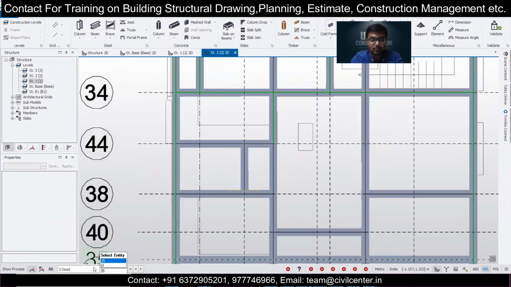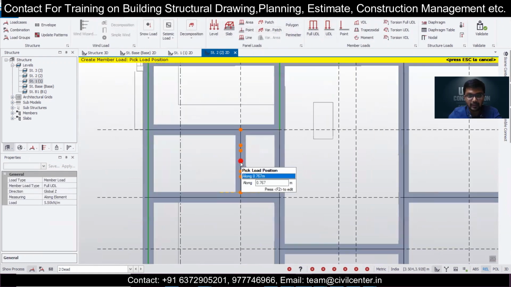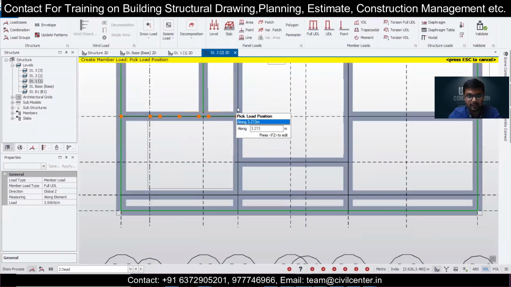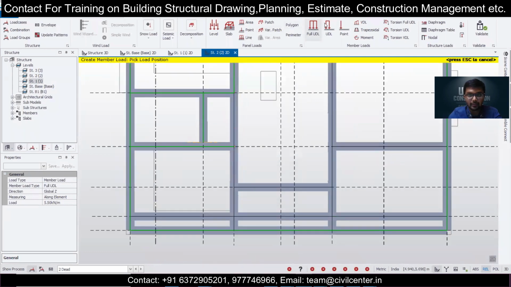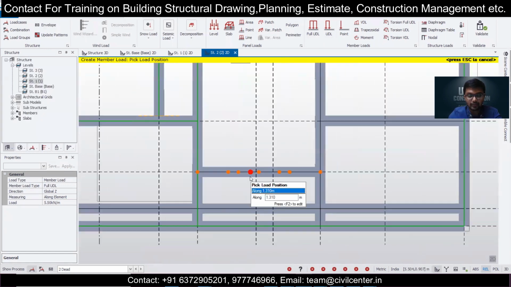Okay, so we'll just go and select continue our process here. Go to this loading and full UDL 5.5 we had selected. Let's do this as 5.5, and this was the toilet portion. So full 5.5. This one also will go 5.5, and this one I guess full from here to the bottom portion, up to whichever you have, you go up to 5.5, but you have to take the help of UDL for that. Select the path, select here, and then double click, and for this small portion you can have the UDL also. So this is done here.